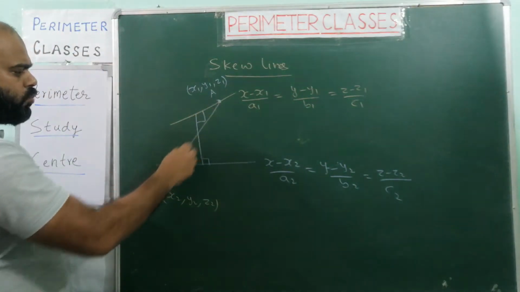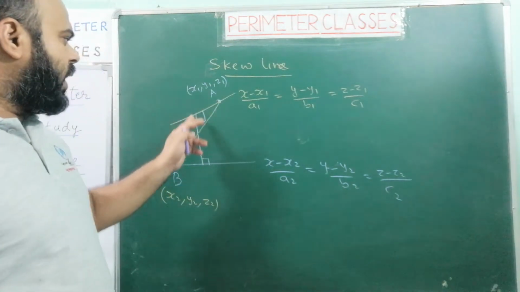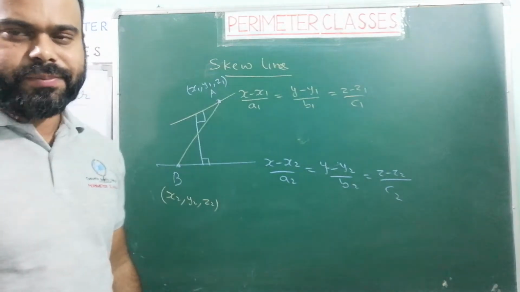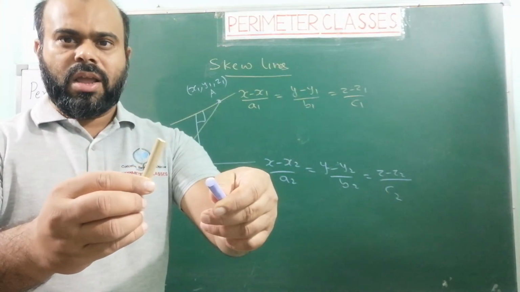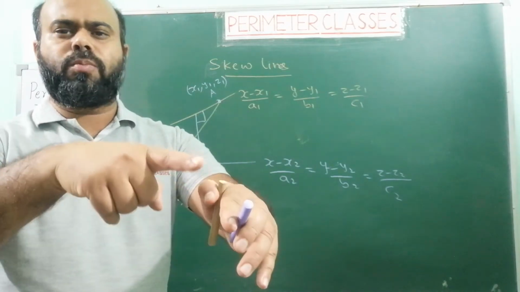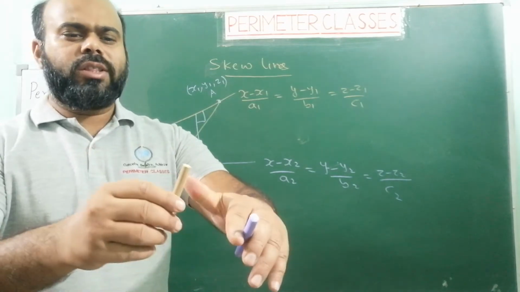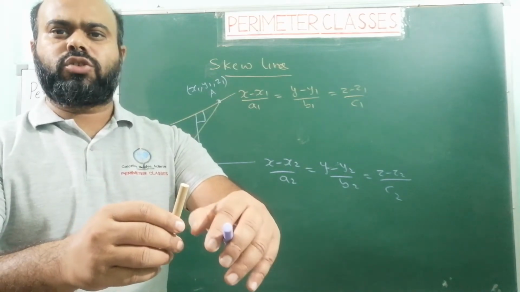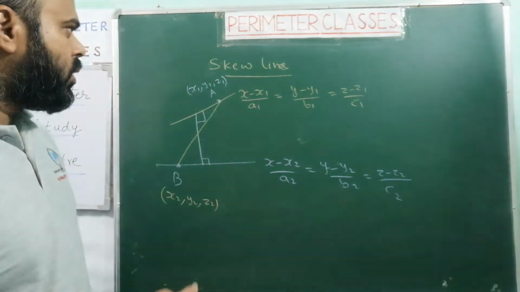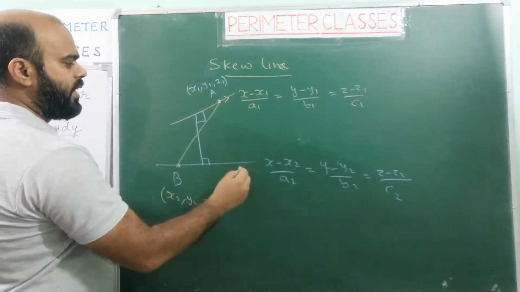If we join these two points A and B, the projection of AB on the normal is the distance between these two skew lines. These are two skew lines, and if I take the projection of the line joining two points, one on this line, another on this line, on the common normal of these two lines, then that is the shortest distance. So what is that projection? First let us find the common normal of these two lines.